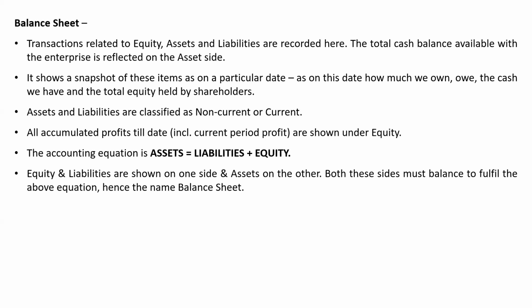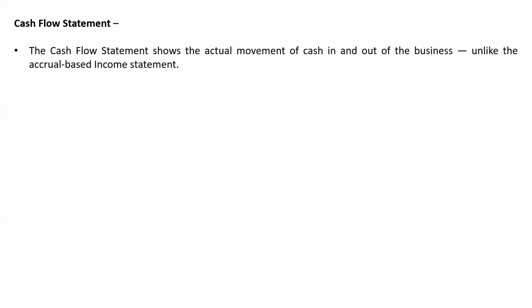The third key financial statement is the cash flow, which tells us something very simple yet something extremely important. And that is how much cash is actually moving in and out of the business. The income statement follows accrual accounting and can show profits even if no money has been physically exchanged. But the cash flow statement relies on actual cash transactions.